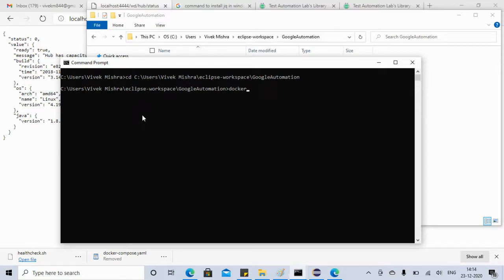Okay. So we will say Docker build. Then the name of your image: this is my username for Docker, and then any name you can give according to your project name. So I'm saying Selenium Docker. I'm creating a new build, a new image, Selenium Docker, and then I'm saying -f, and the path of my new Docker file is Dockerfile dot text. Now hit enter.